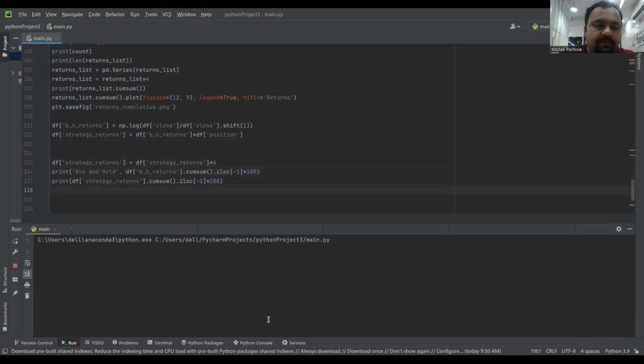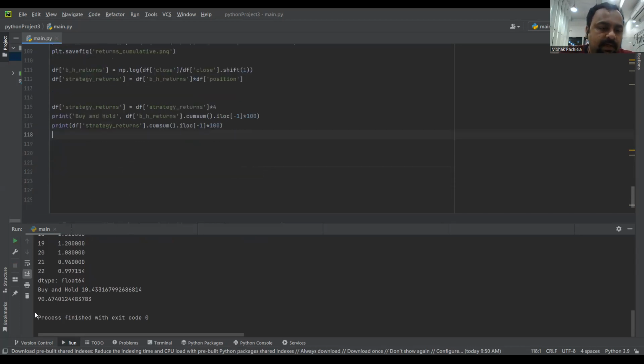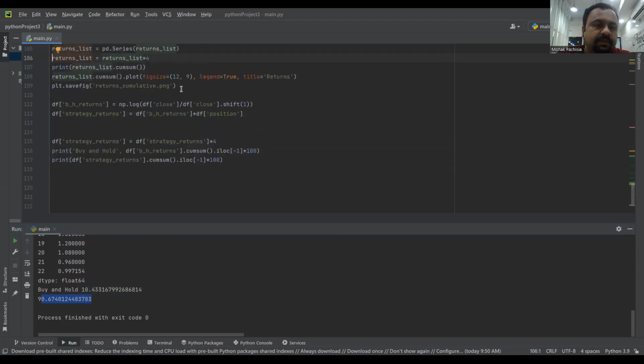And for the sake of visualization, we're also going to plot the needful. Okay, so it's going to come around 90%, whereas buy and hold gave us only 10%, our strategy gave us 90%. And finally, to be able to plot that, just as I used this syntax, I could simply copy paste this, and here I'm not doing just this. So the dot plot method I'll be using for